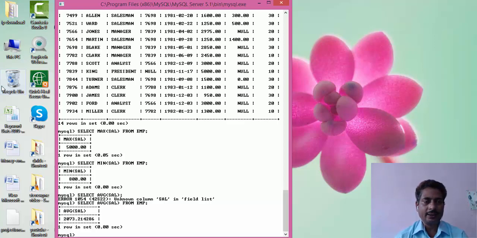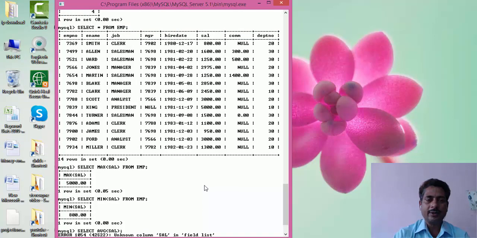Now I think I have already told you about the group by command. We can use the group by command here also. Like there will be a question: write a command which will display the records of all employees and show the sum of salary job wise.